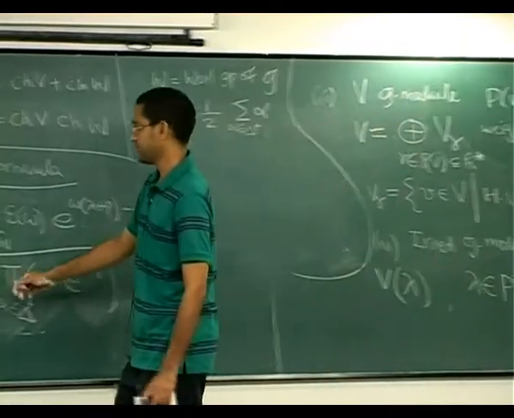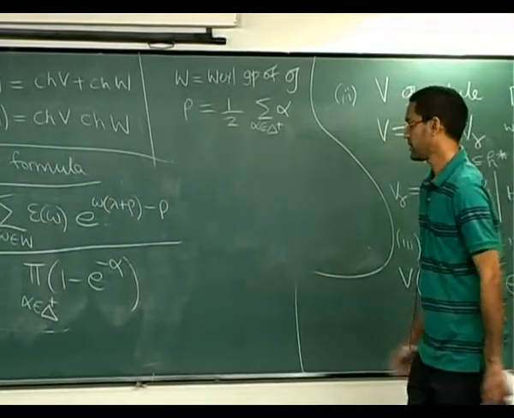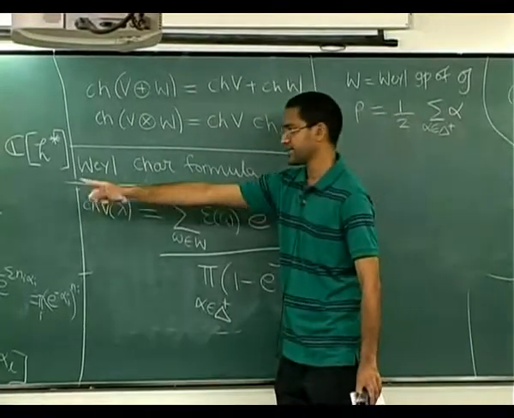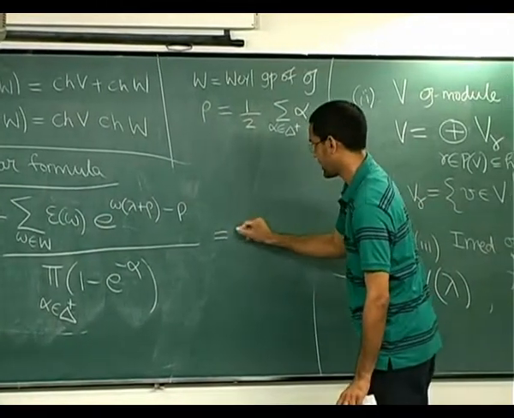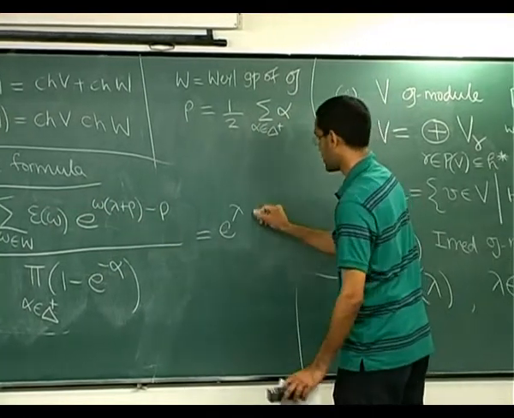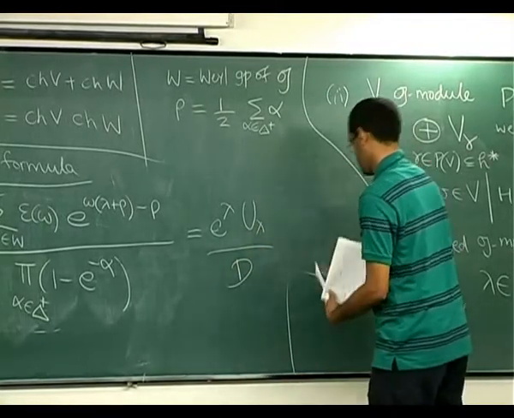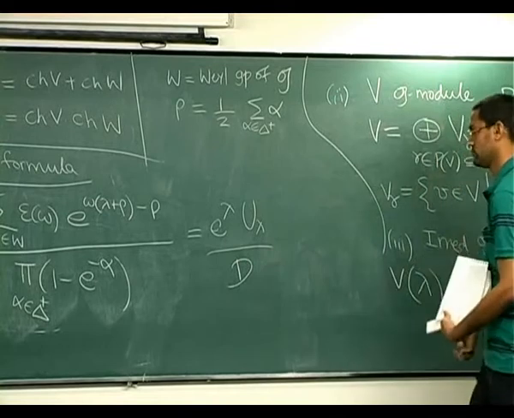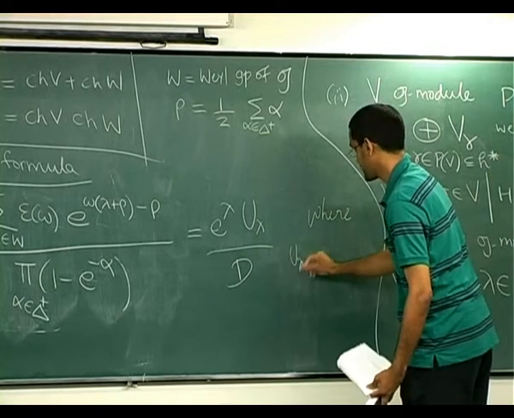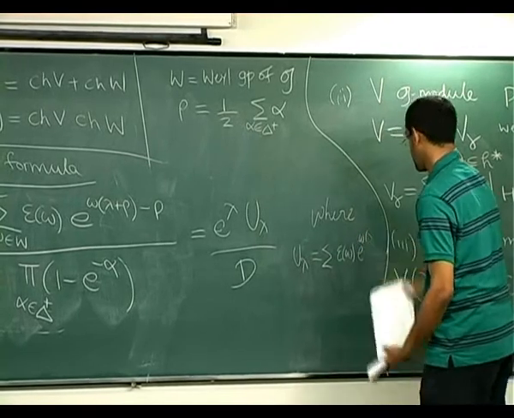But again, we remark here that it's better than just being an element of C of H star once you pull the highest term out. So let's do that here too. I'm going to pull out this e to the lambda term and then see what the rest looks like. So let's pull out e to the lambda from the numerator and call what's left u lambda, and let's call the denominator d. So u lambda is just the name I'm giving to the sum